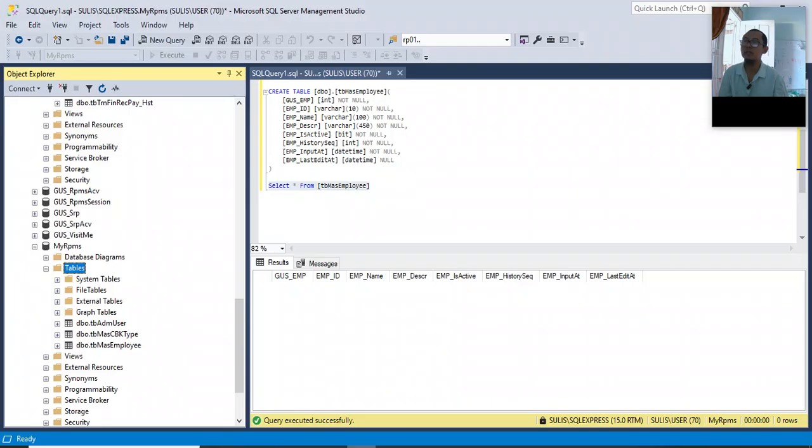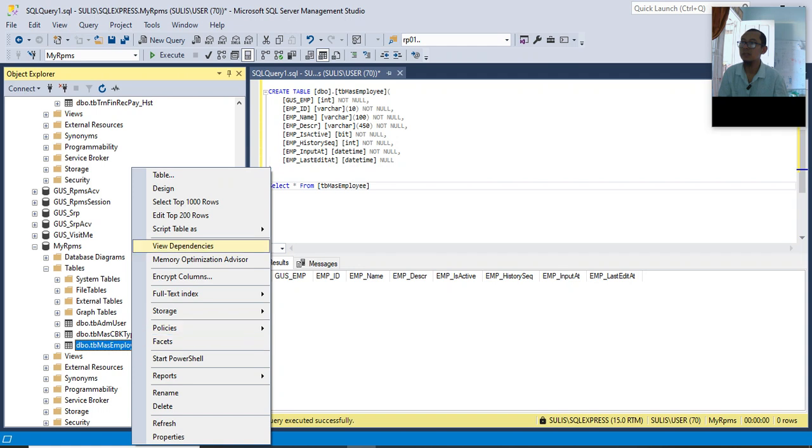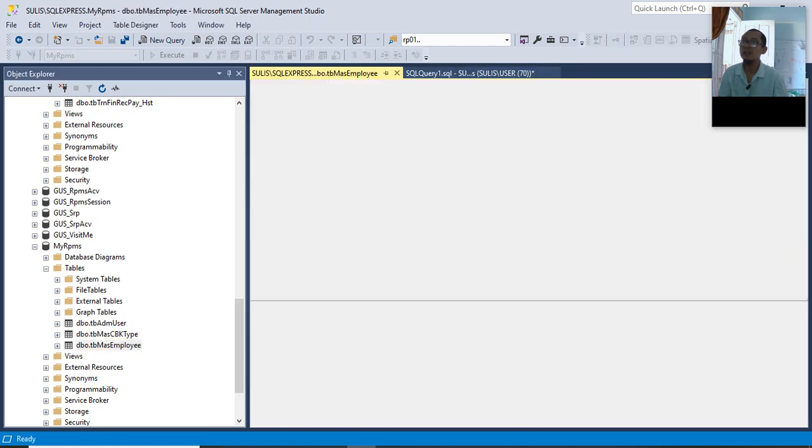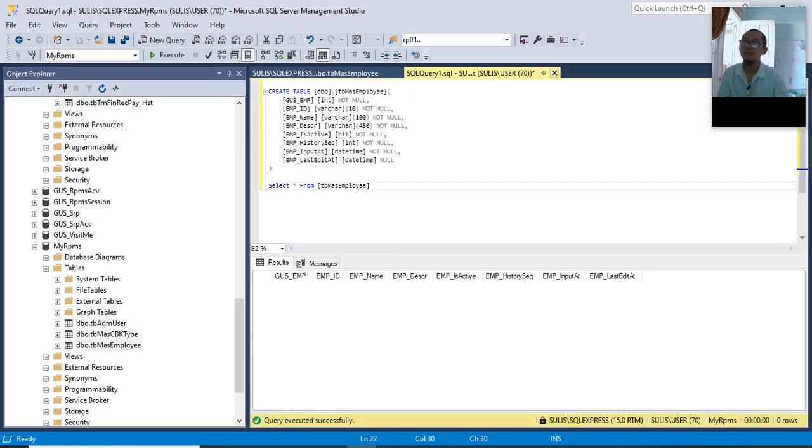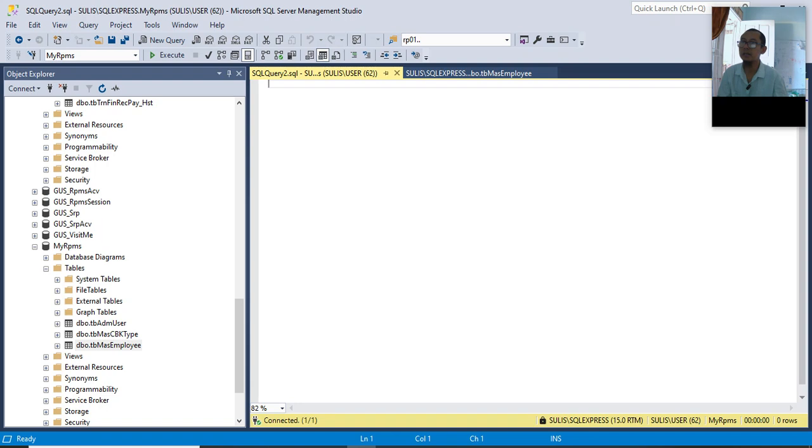Now let's demonstrate. I have created the table MasEmployee here. You can also create this table. Here are the columns. Now I will insert data into this table MasEmployee.